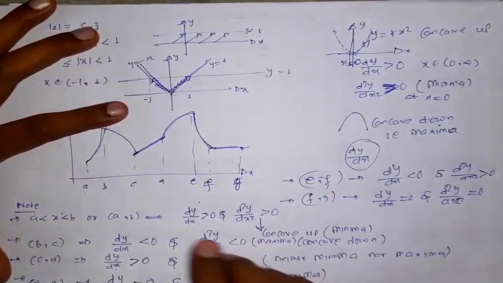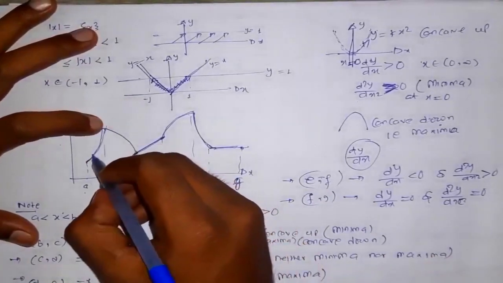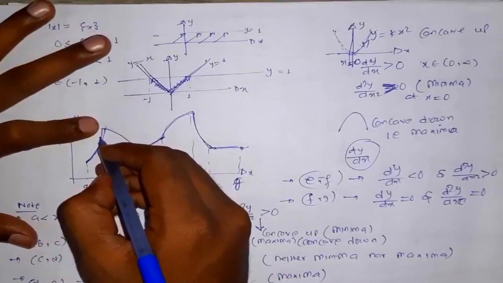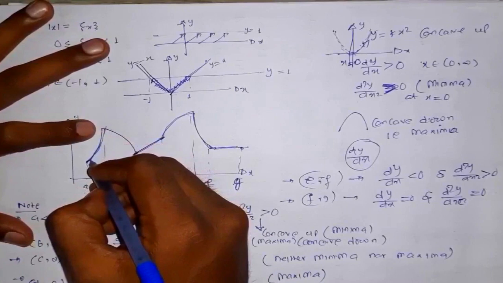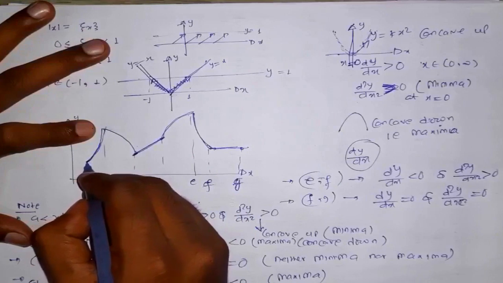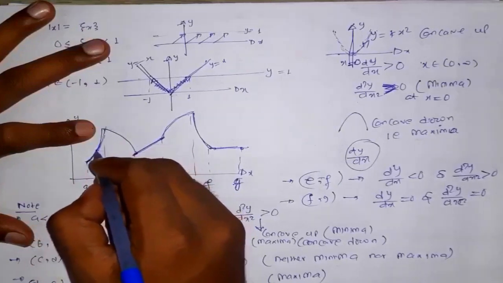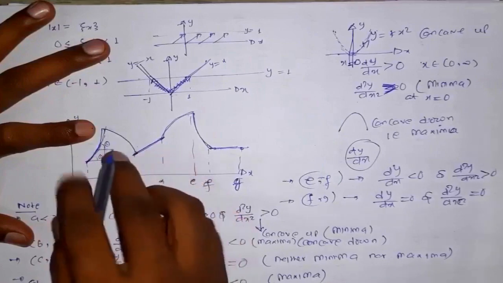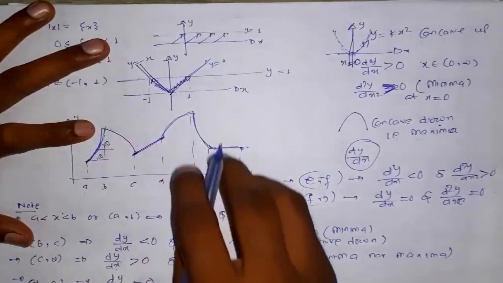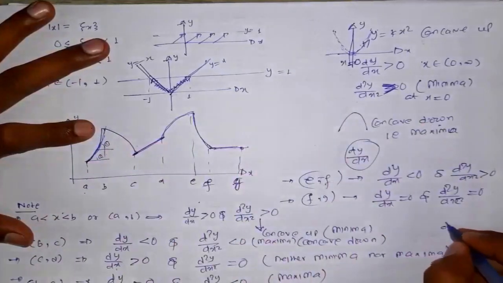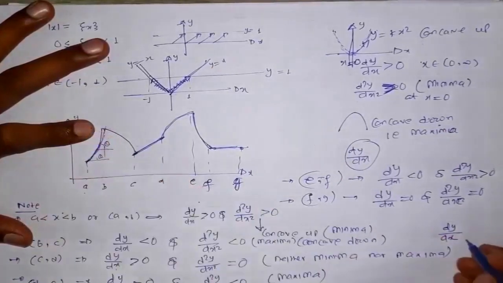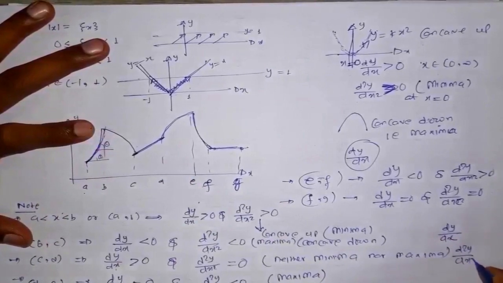One more thing I would like to tell you in this. If I am talking about a to b, for this portion, this is an increasing function. That means dy by dx is positive. And here we can also notice that the slope is continuously increasing. Like for this point the slope is like this. For this point the slope is like this. Okay, this theta portion is increasing. So what will happen? The slope is increasing. We know that dy by dx represents the slope. Okay, so here the slope is increasing. That means d2y by dx square will be positive.